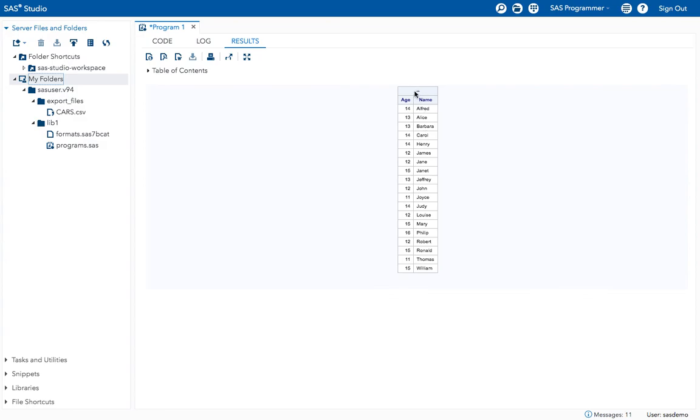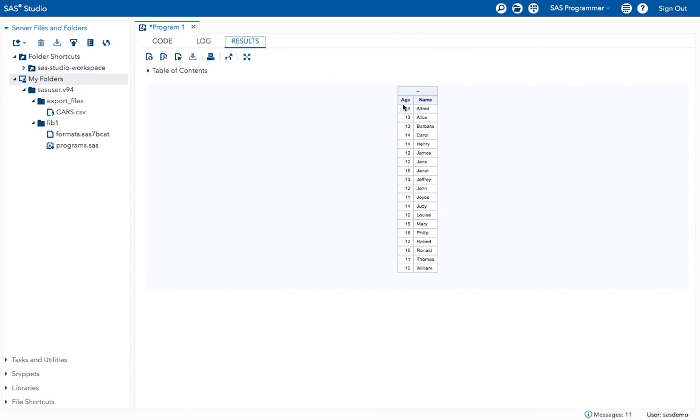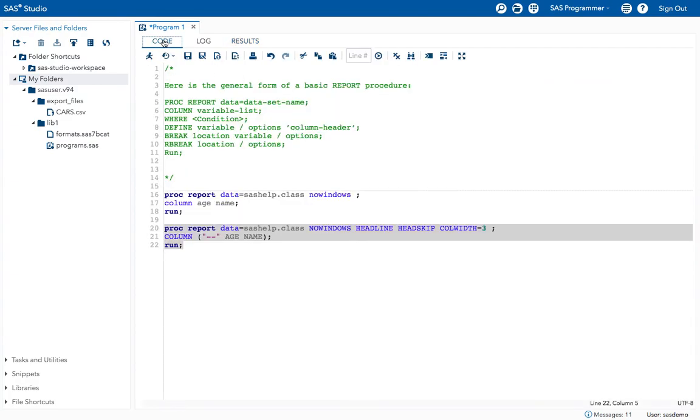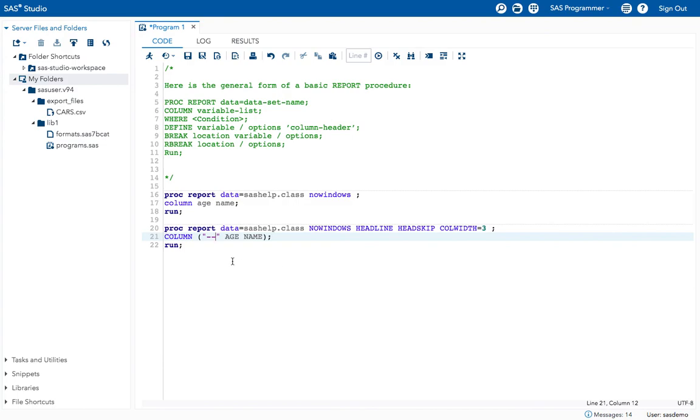But because of including the two hyphens in the quotation marks like this, it created a new column on the top of the variable names. So if you want, you can add the heading for this space. Okay, how can I do that? See, you can give the name in the place of these two hyphens.